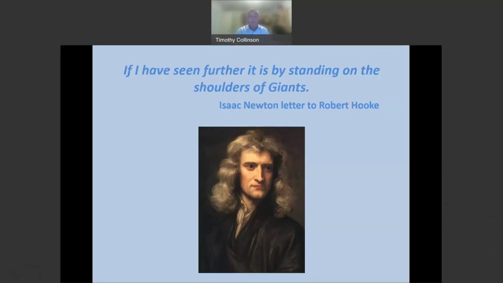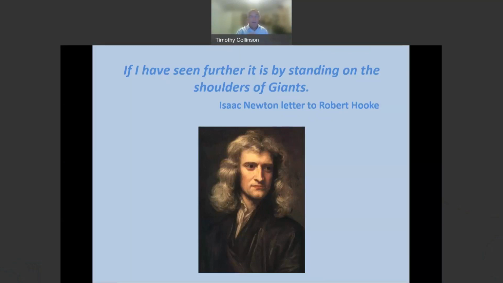So if I share my slides with you, you should be able to see there a quote from Sir Isaac Newton saying, "If I have seen further, it is by standing on the shoulders of giants." And of course, he was considering the fact that he wasn't working in a vacuum. The work that he'd done was building on previous generations and previous science. And of course, we're doing exactly the same thing. And our work is in the context of higher education and that bigger picture of knowledge of our subject area.